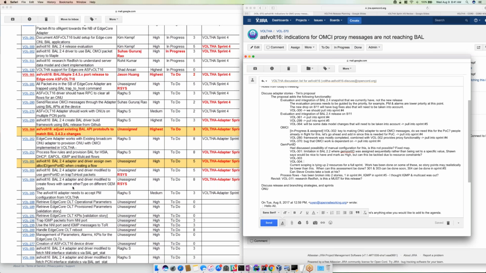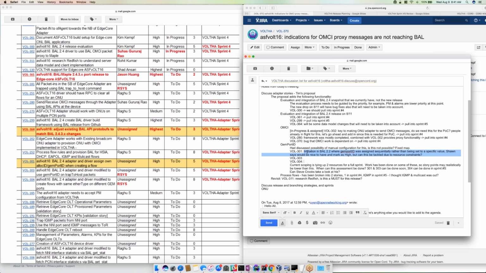the pong config, right? So the Edgecore adapter, I guess it's more of a PAL limitation that needs Gemport IDs for a particular service to be sequential. I'm trying to understand the limitation. If you have a service using multiple Gemports, they all have to be sequential, or what exactly is the limitation? No, what this particular issue is pertaining to is that BAL 2.2 had a problem when flows were created